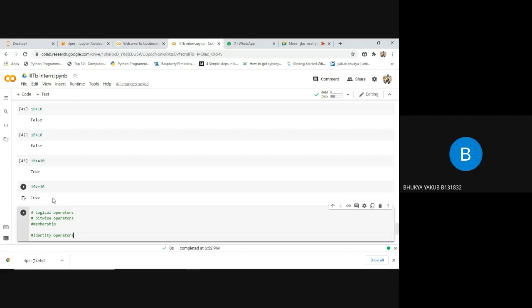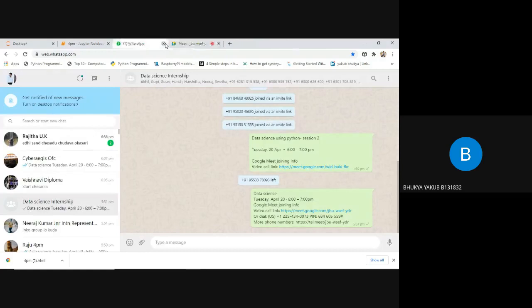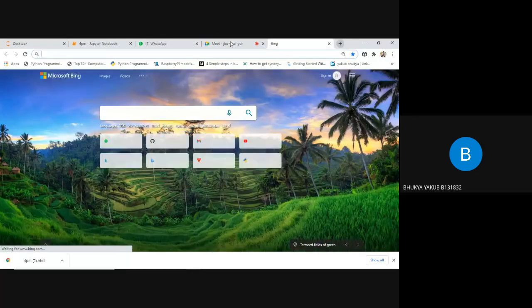And before that, guys, I'll explain how to open this file again. Let's suppose we worked on the file called IIITB Intel. I want to close this file and close this entire platform. Now I want to open the file which we worked on previously.